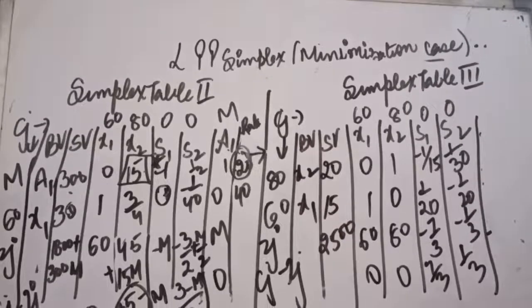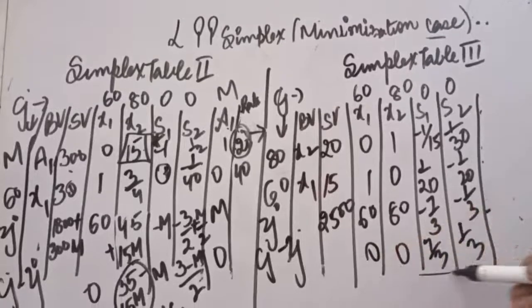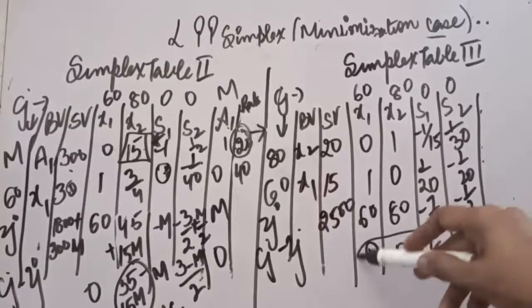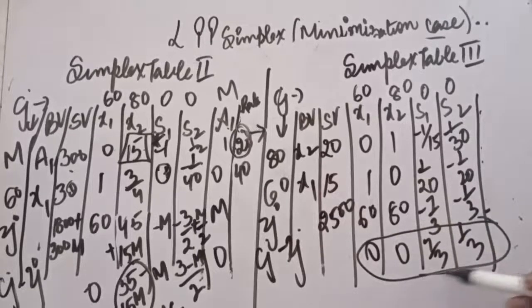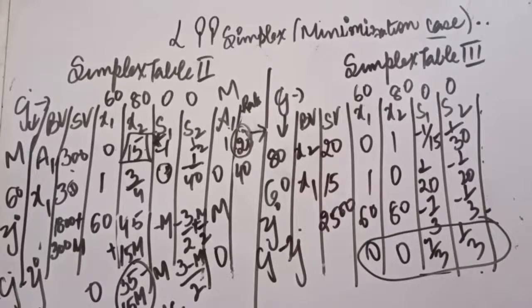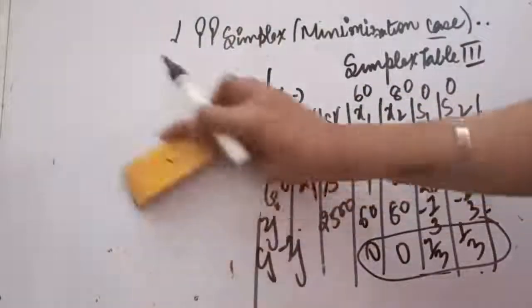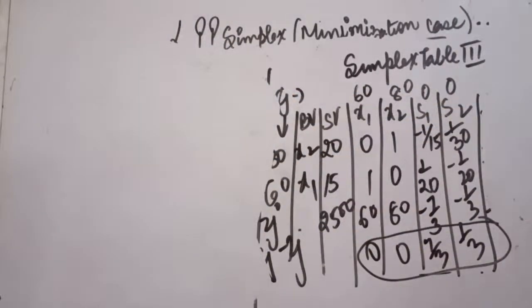So we will check this table whether we have to make a new table or not. When all the values in the Cj minus Zj row become positive and the problem is of minimization, we reach the optimal stage. So now you can check that all the values have become positive and there is no artificial variable also. A1 has also vanished from the question. So you can say we have reached the optimal stage. So you will write the line here: since all the values in the Cj minus Zj row have become 0 and positive and there is no artificial variable also in the question, we have reached the optimal stage.